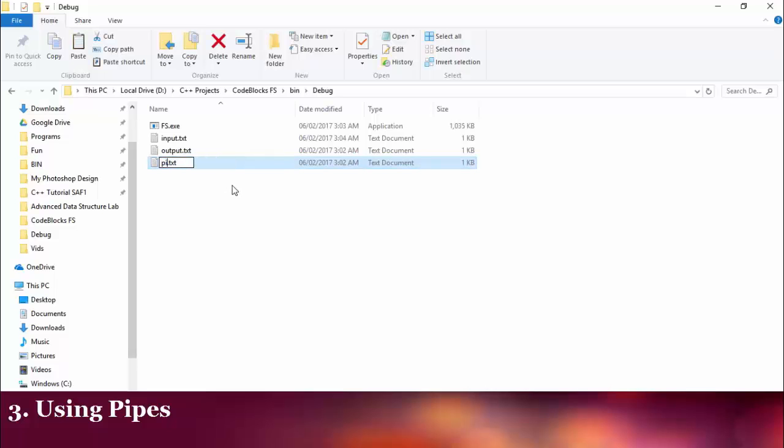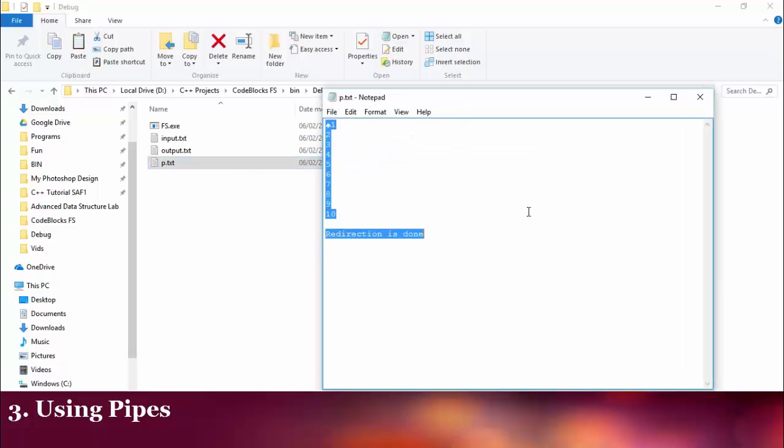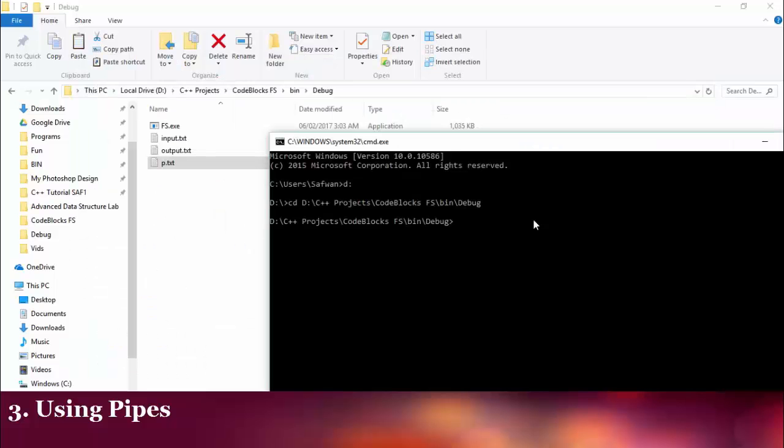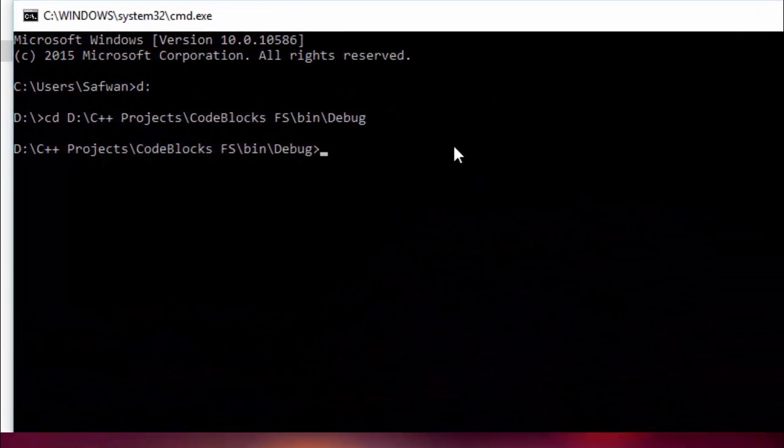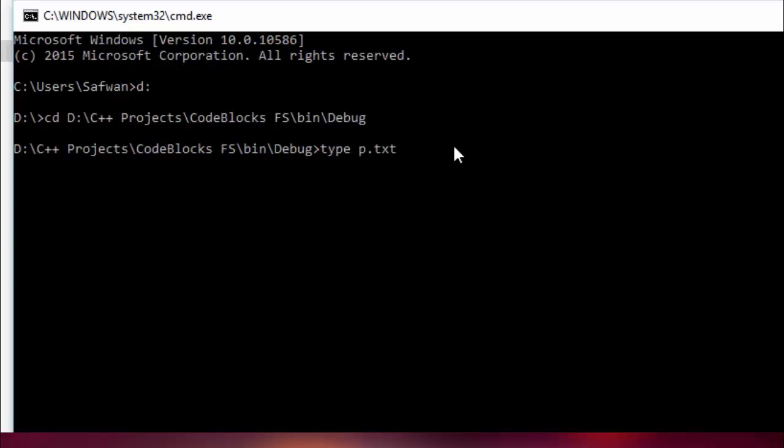Let's call it b. In this b file, I will put some values, for example some names. Let's say Asad, Rafiq, WhatsApp, Mimi, Safwan, Soshang, and these are the names that I'm going to use. Then to make a pipe, if I type here the DOS command type, then b.txt,